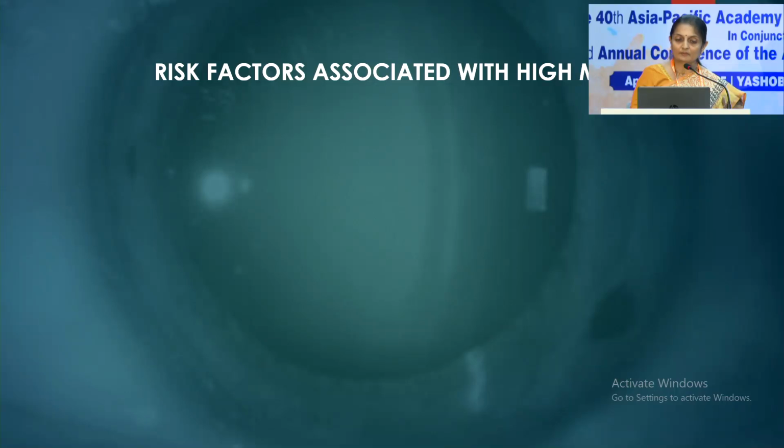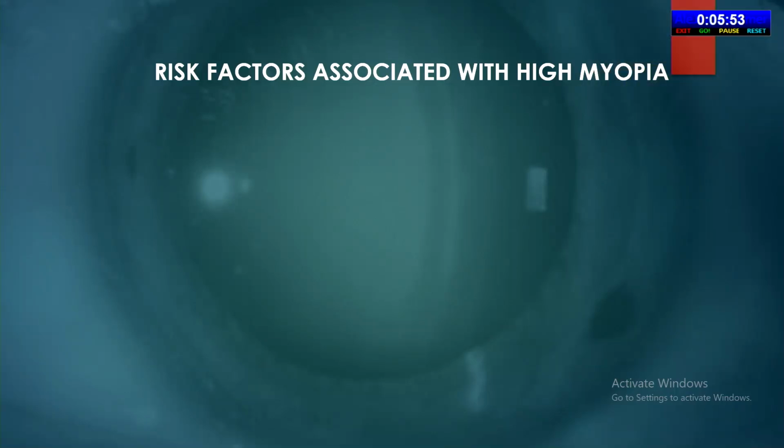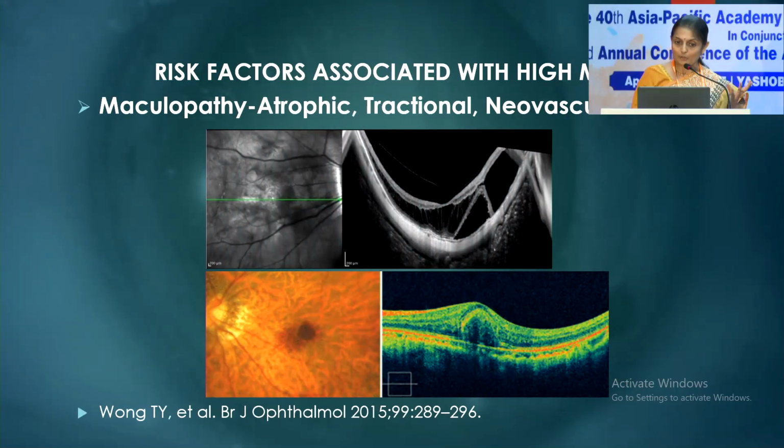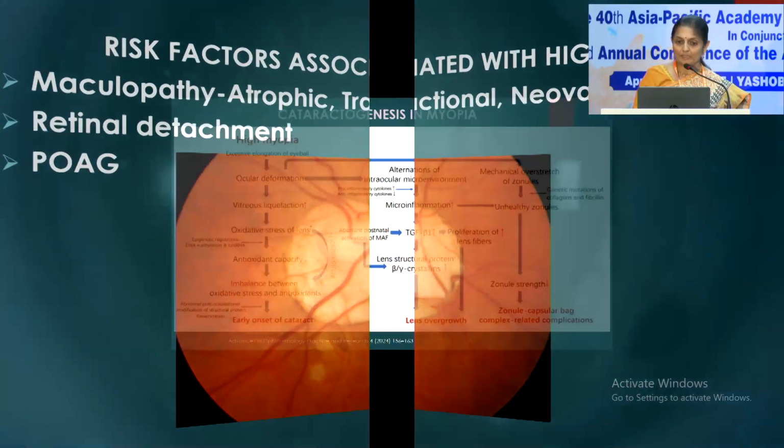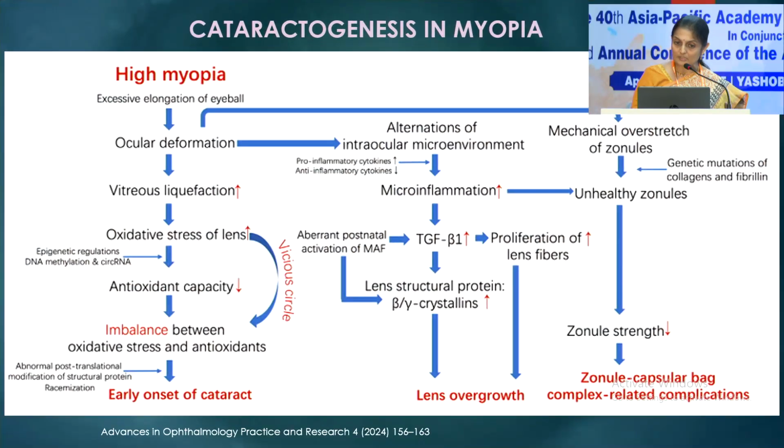So other than nuclear cataract, we have to remember the other three major risk factors associated with high myopia: maculopathy, retinal detachment, and primary open-angle glaucoma. A quick review about how cataract happens. It's mainly because of vitreous liquefaction, whereby there is increased intraocular oxygen tension combined with reduced antioxidant capacity. This imbalance leads on to denaturation of proteins leading to nuclear cataract, and retinal degeneration byproduct mainly because of lipid peroxidation causing posterior subcapsular cataract, and at the same time some kind of microinflammation also happens which adds to the